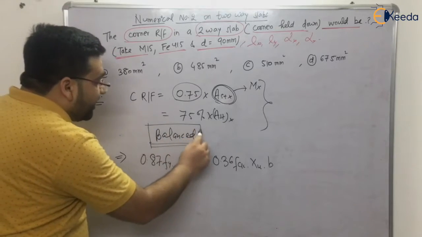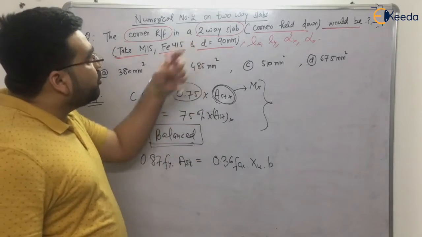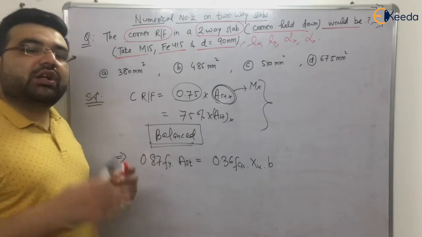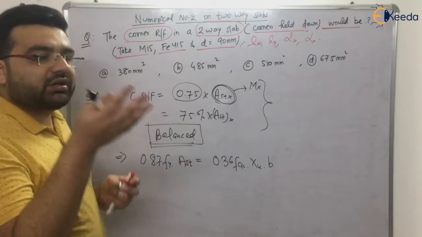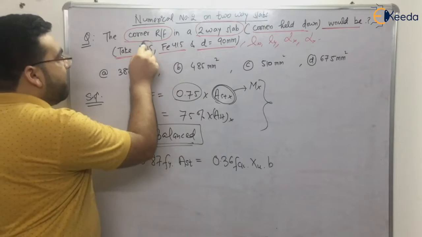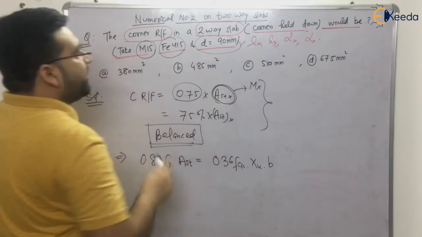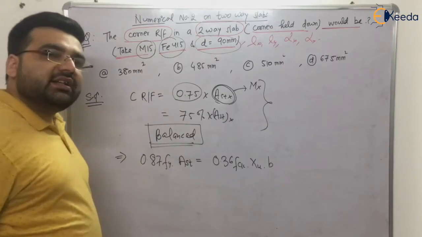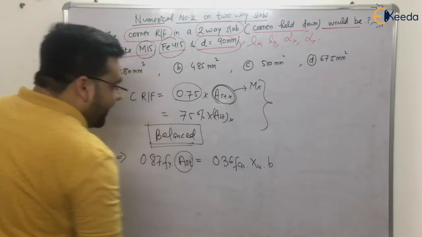The question is, how do you come to know that this formula has to be applied even if it is a two-way slab? My answer would be, it is just by practice. If you do a lot of practice, then just by reading the numerical, you will understand what formula is to be applied, because of what data is given to me. Here, M15 is given, Fe415, and the effective depth is given, and nothing else. So if such type of numericals are there, apply the singly reinforced section formula. From here, I can get the value of AST, clear?